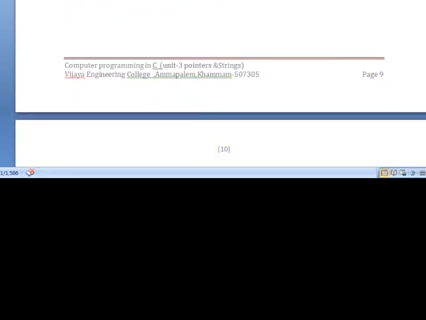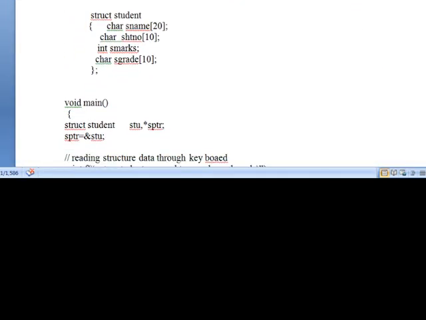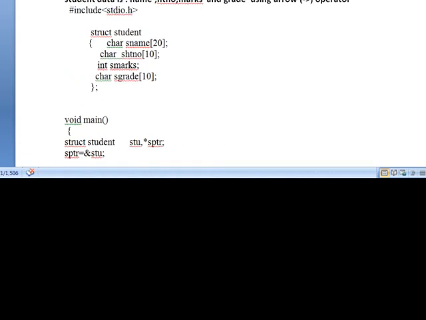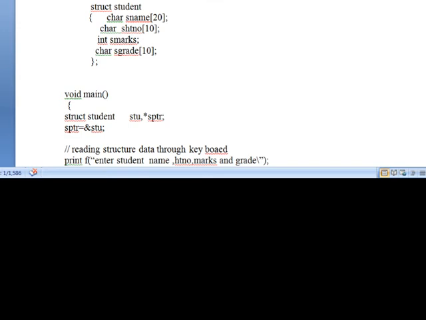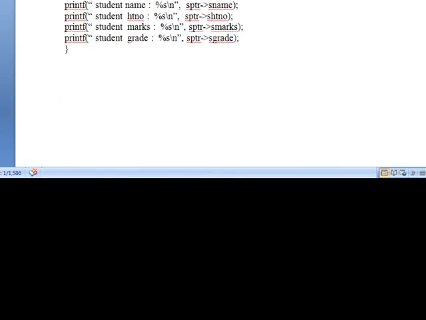Now the same program we can access using the pointer concept. Now this is a program to access student data using a pointer to a structure. If you want to access structured data through a pointer, we have to use the arrow operator in place of dot. In general, for normal structure elements we access structure name dot element name. In place of dot, we just use the arrow mark operator while we are using a pointer to access the structure data. So how to write the program, you will see.